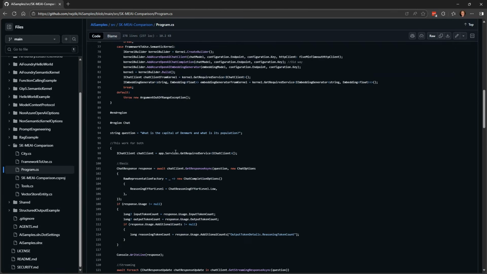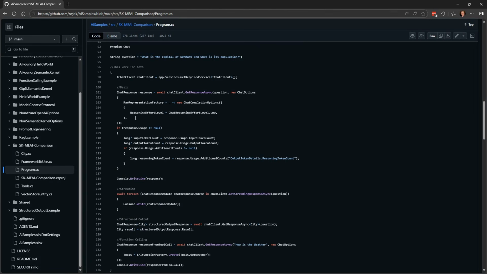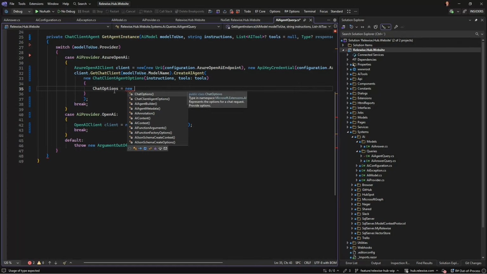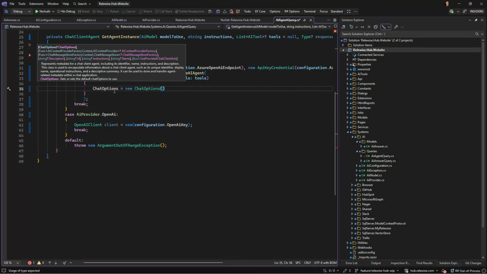So reasoning efforts. Yeah, it's this raw representation thingy in a chat options. Yeah. So I think I can put a chat options here. Yeah, a new chat options.